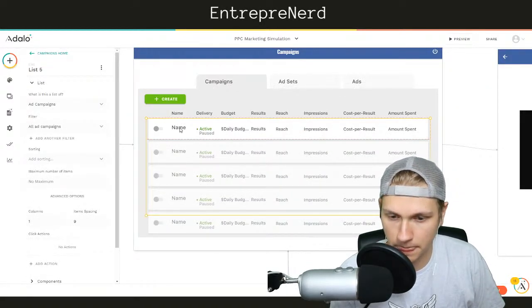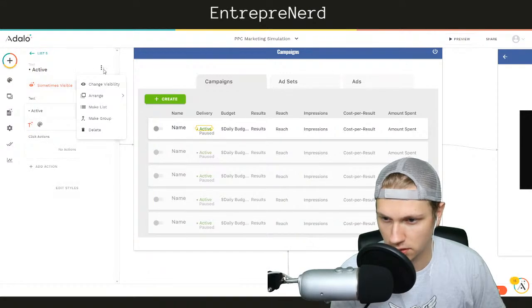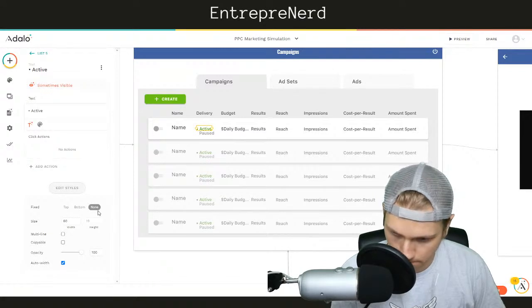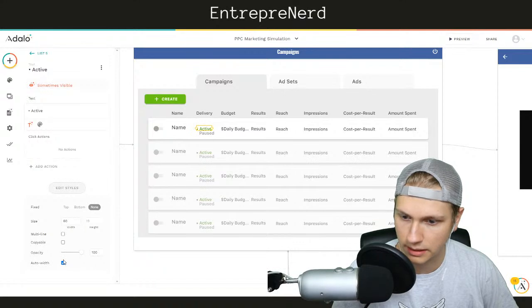Okay. So, this is fine. How about change visibility, arrange, edit styles, fix, top, bottom, none. Copyable, multi-line, auto width.